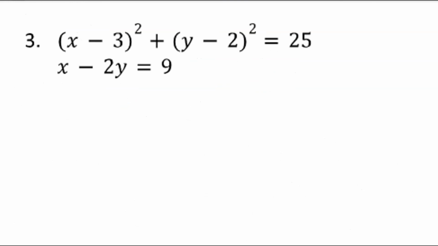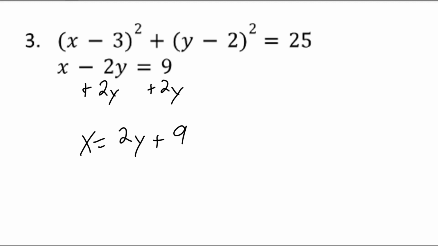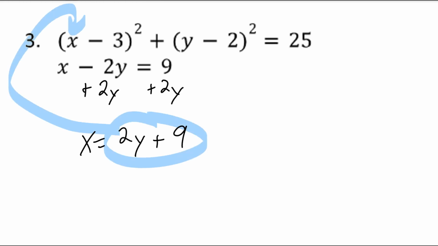Let's take a look at number 3. This is a substitution problem where I want to solve for one variable in one of my equations. So I notice in my bottom equation there, if I add 2y to both sides, I'd isolate x. And then I'm going to take that value for x and substitute it in for x in my other equation